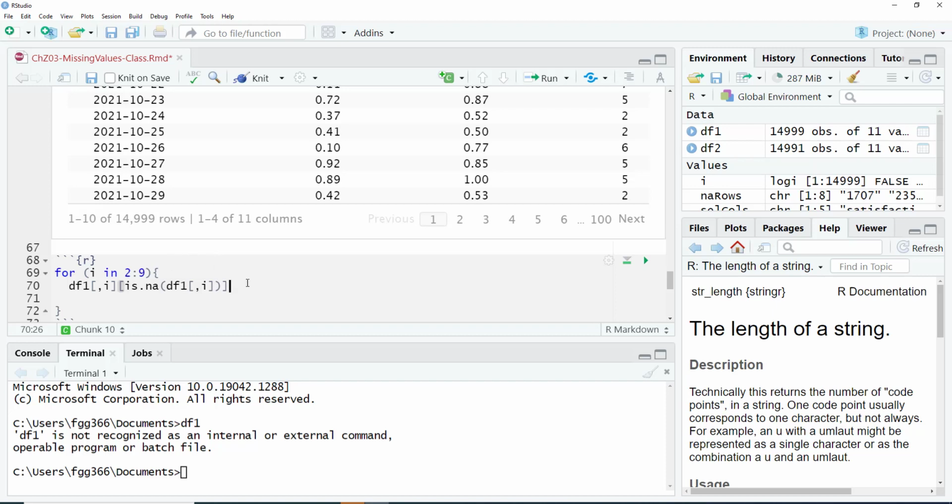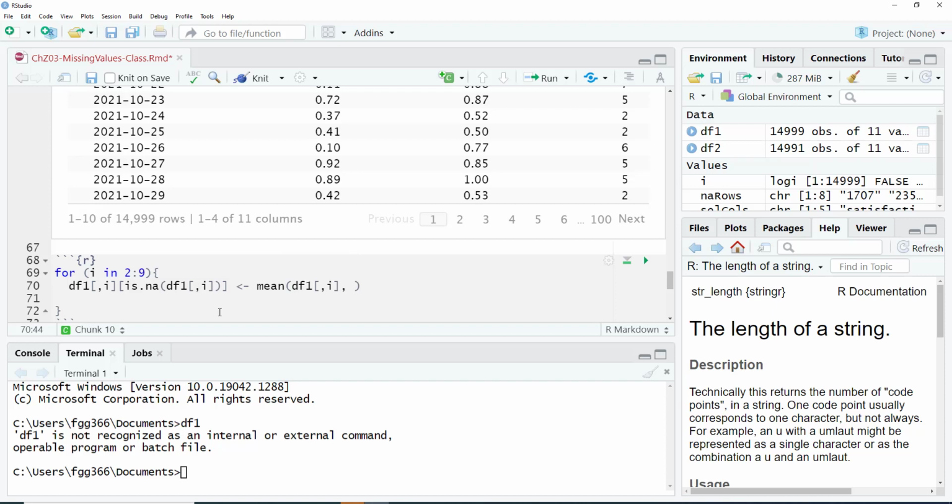So now we can set, if it is true, then this is going to go in there. And what is that? The mean of df1, column i. So the first time it's going to do this for the first column, the second column, and then the third column, and so on.